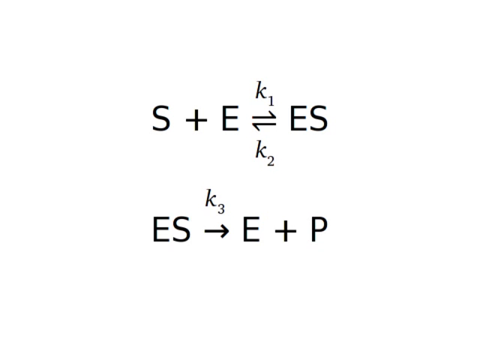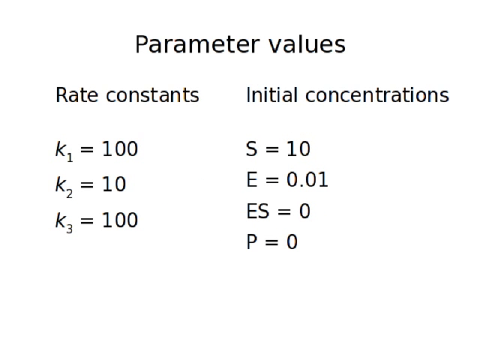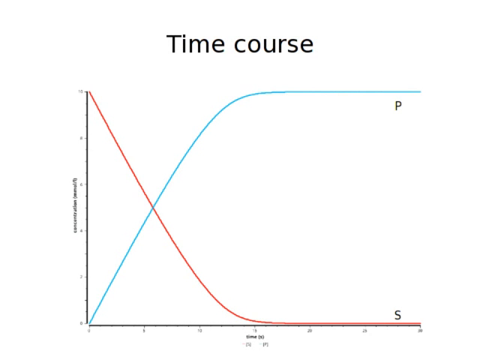which is irreversible. Now let's look at an example with the following parameter values: the rate constants on the left, initial concentrations on the right. Just note that the substrate concentration is about 1,000 times larger than the enzyme concentration. Now if we observe a time course of this reaction, starting with the initial conditions we've just shown, we see product concentration increasing along time, more or less linearly, with a reciprocal decrease of the substrate concentration in red. And then after a while, at about 15 to 20 seconds, the reaction stops and all the substrate is